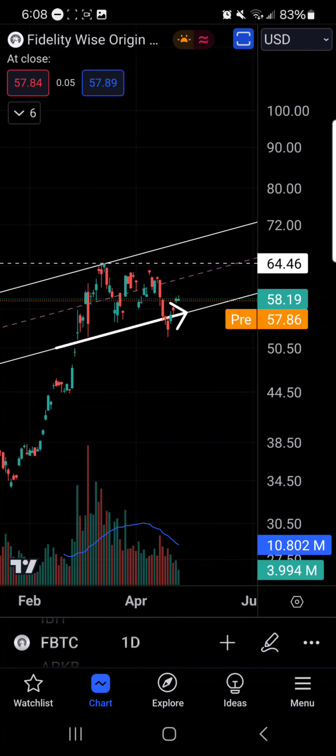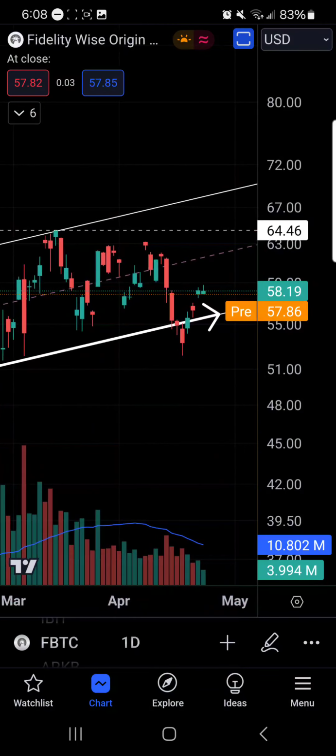Now we're looking at FBTC, the Fidelity Wise Origin Bitcoin. What is it called? Wise Origin Bitcoin something or other. It's an exchange traded fund. And so Wall Street